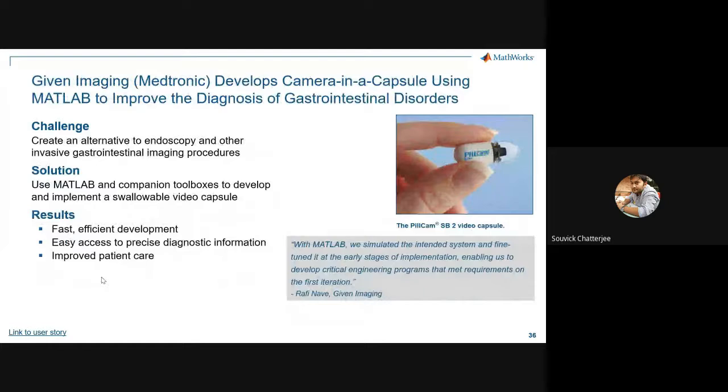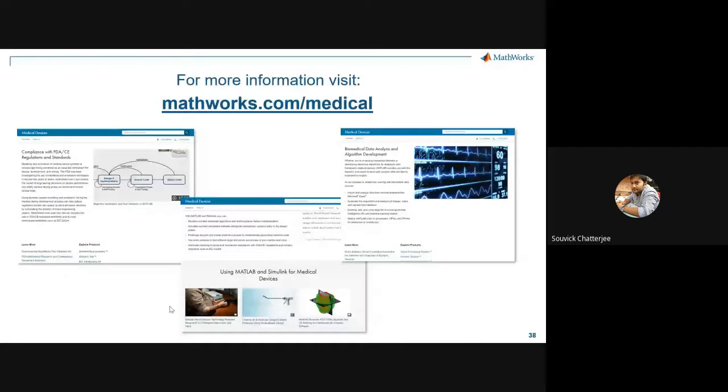There are a lot of other things. This is also one. If you want more information, these are user stories as well. You can go to these links and read about how this has been done. These are good industry applications, and they also cover some of the academia research and academia curriculum as well, which helps.